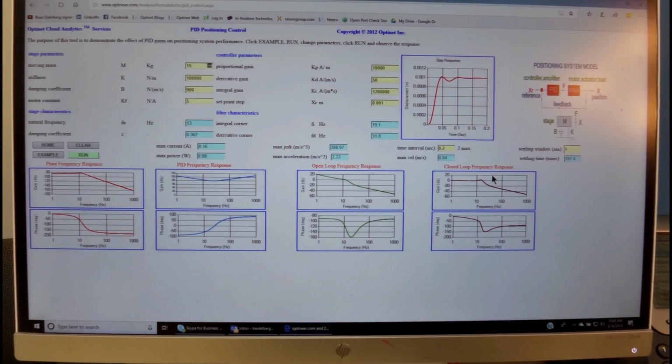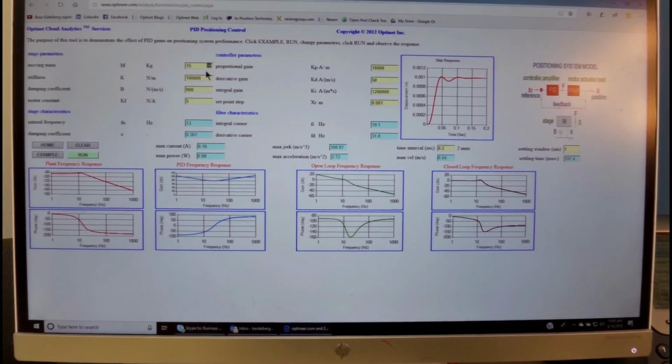And the closed loop frequency response is when we look at the response of the fully closed loop servo system, including the feedback. And we see here that as we go all the way to the bandwidth, the system follows with very little error. Then beyond the bandwidth, the system starts losing information, and it also has a lag in its phase.